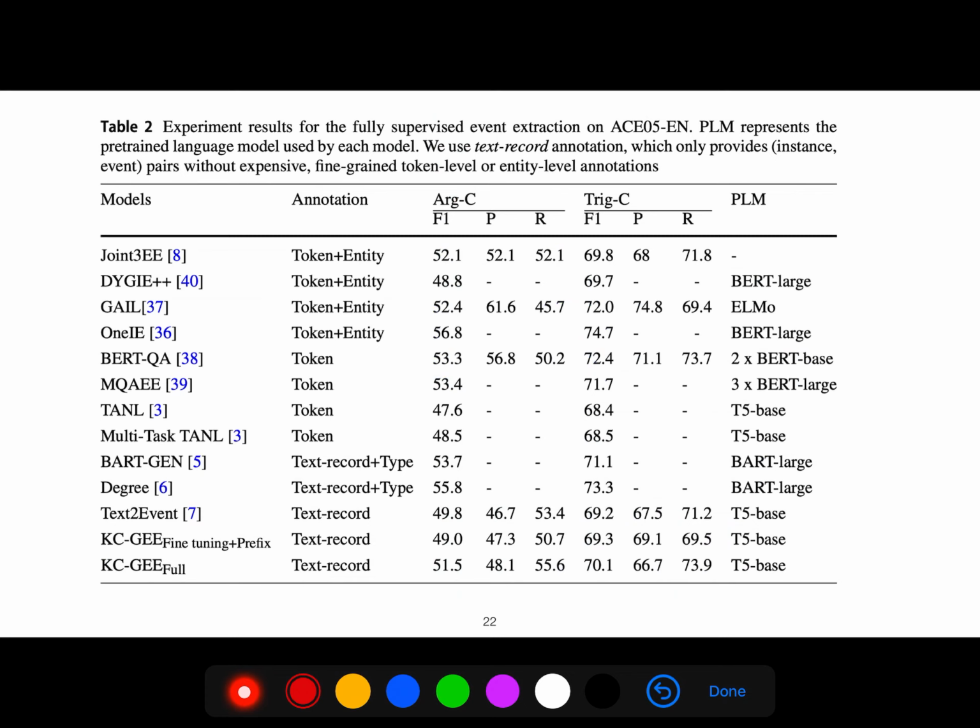And you see the difference between F1 scores. So state of the art is less than 70%. And this is for trigger classification, but for argument classification, it's just 51%.